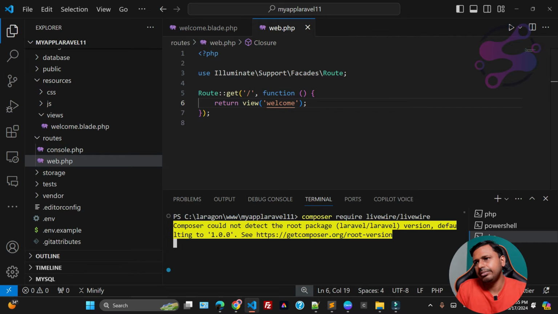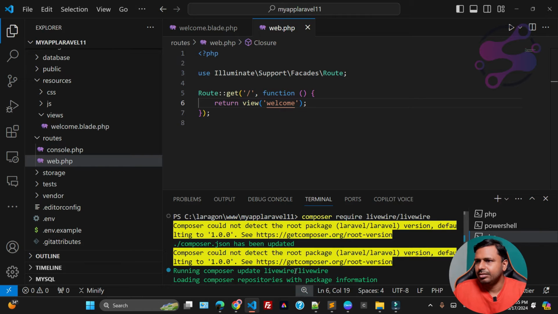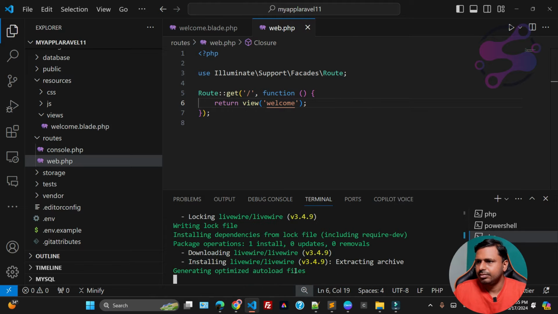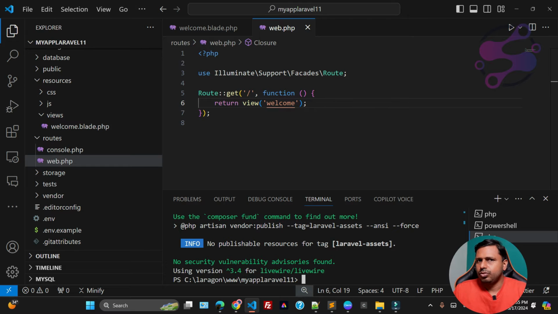Just hit the enter button. Now it's downloading the Livewire package. 86 packages.